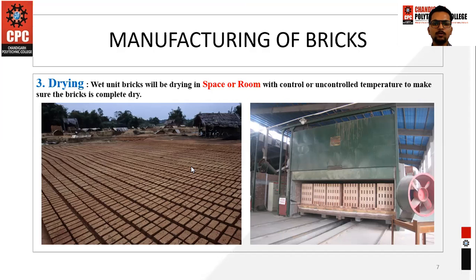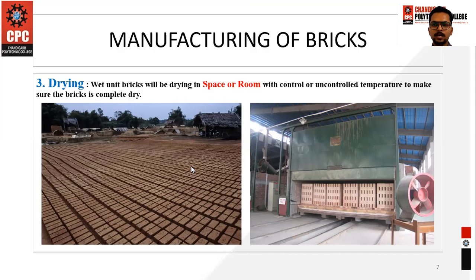It cannot be controlled. You cannot achieve a certain degree of dryness or certain degree of moisture in a brick by natural drying. आप natural drying से किसी certain degree तक achieve नहीं कर सकते हो, because it is not in your hand. Whereas in our artificial drying, it can be achieved. So hot air के temperature you can control, and you can control how much time you have to give for drying part. So the temperature is controlled there.